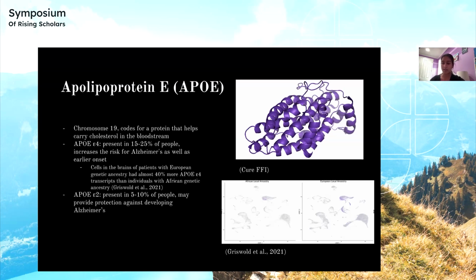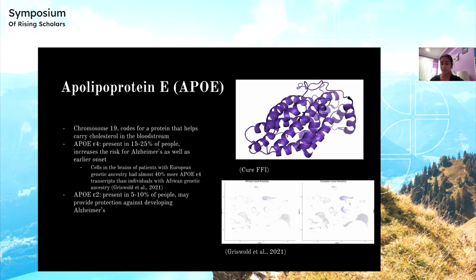One such variant is the ApoE4 allele, and it increases the risk for Alzheimer's and is associated with an earlier age of disease onset in certain populations. However, while inheriting the ApoE4 allele increases a person's risk of Alzheimer's, some people with the ApoE4 allele never develop the disease. A study conducted by Anthony Griswold and other researchers published in 2021 found that the cells in